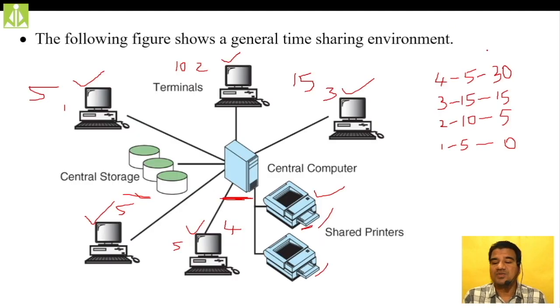So here, as you can see, terminal 4 has given its job of 5 minutes, and he has to wait for 30 minutes in order to complete its job. Is it a feasible solution? No, it is not at all. Giving a job to the computer and waiting for 30 minutes to complete the job is not a feasible solution. Nowadays, nobody will accept that kind of computing environment. So that is the reason this computing environment does not have that much popularity. So definitely there is a need to go for a further computing environment.